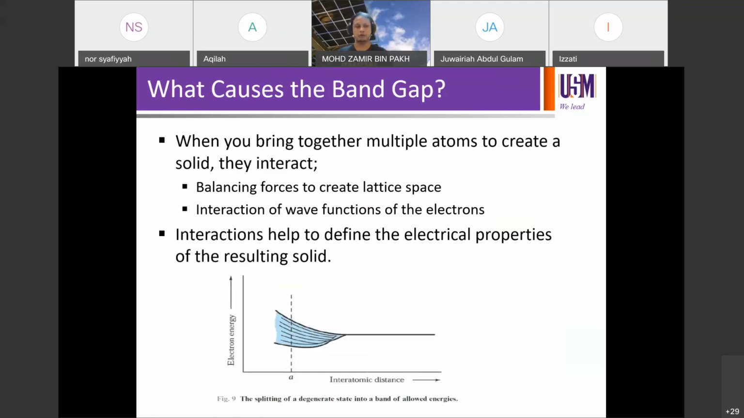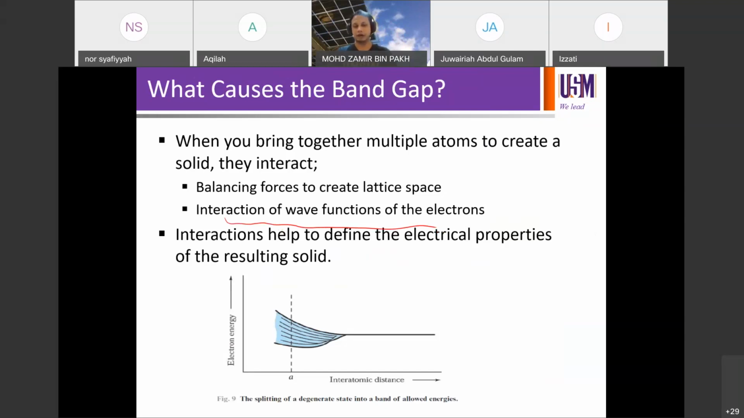So then what causes band gap? How do we get band gap in the first place? So when we talk about band gap, we're talking about a semiconductor material with atoms with certain arrangement, right? So when you bring together multiple atoms to form the material, they will interact to affect certain properties of the material. Each atom has its own valence electrons, right? So the interaction of the wave functions of the electrons of each atom coming together to form the material will result in a split of allowed energy levels,